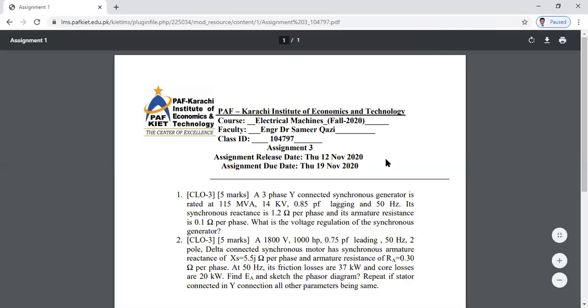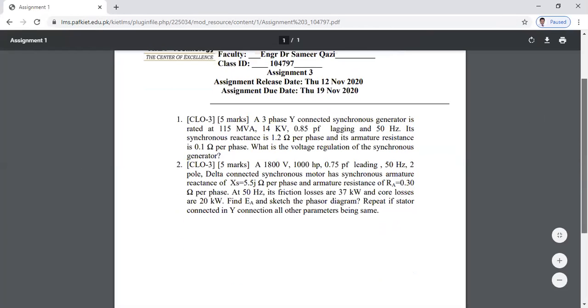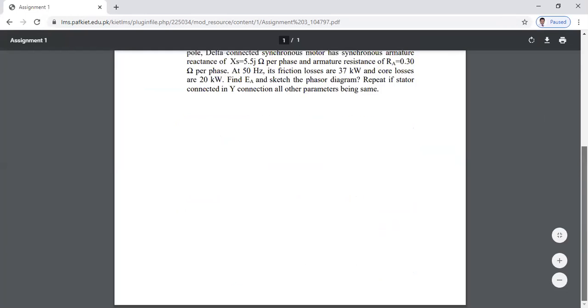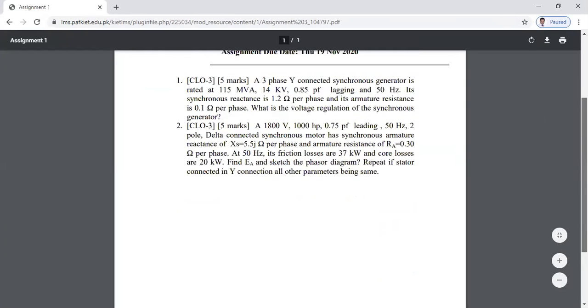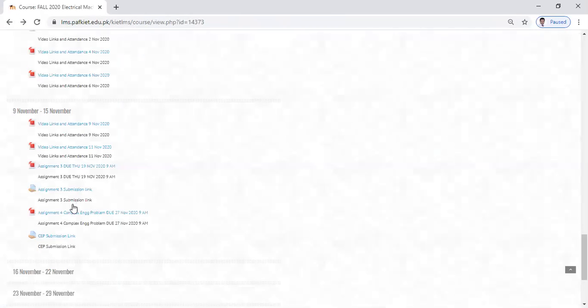I hope you can all see this. So it has two problems. One is related to a Y connected synchronous generator, and one is related to a delta connected synchronous motor. Okay. So you have to solve these two problems in assignment 3, and you can also look at assignment 4,